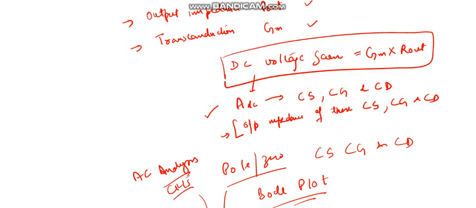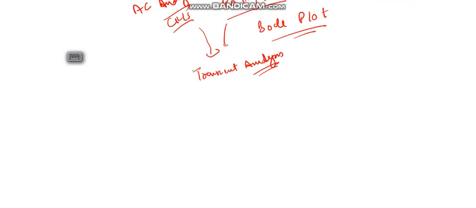Hello friends, in the previous video we have seen how to find output impedance and transconductance, and now we will see how to find the DC voltage gain for different configurations: common source, common gate, and common drain. Okay, so let's start with